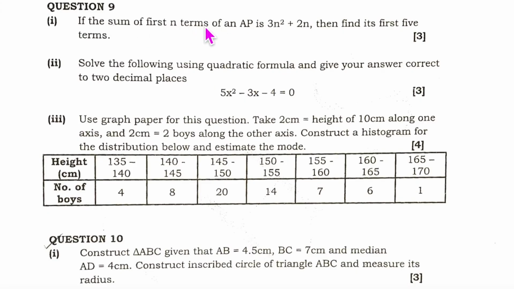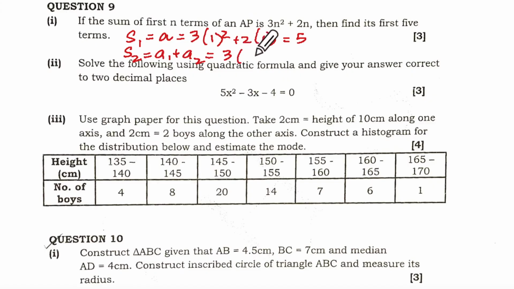Now this one, the ninth one, some of you still get confused by. The sum of first n terms. So S1, the sum of one term, will be A, the first term. See, Sn is this, right? So it will be 3 into 1 square plus 2 into 1. So that will be 3 and 2, 5. Understanding? Now S2 means it is A1 plus A2 will be equal to 3 into 2 square plus 2 into